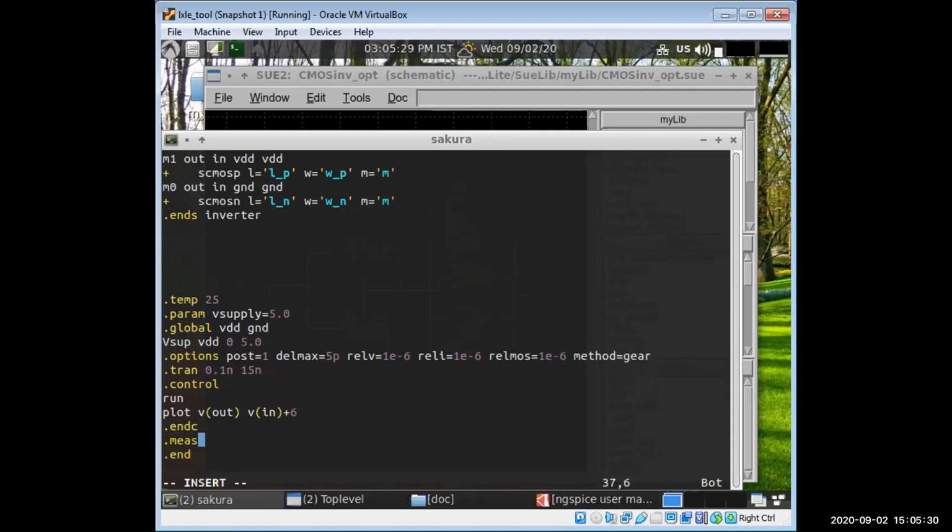Then comes the measure command. So dot measure. What we are going to do is measure the propagation delay and transition delay. For propagation delay, we are going to do it from 50% to 50% of input and output. We will get the difference and then we will get the TP. So dot measure tran, because we are doing transient analysis. Then the T difference, that means the difference between the TPHL for the first and then TPLH for the second. So T difference, then trig